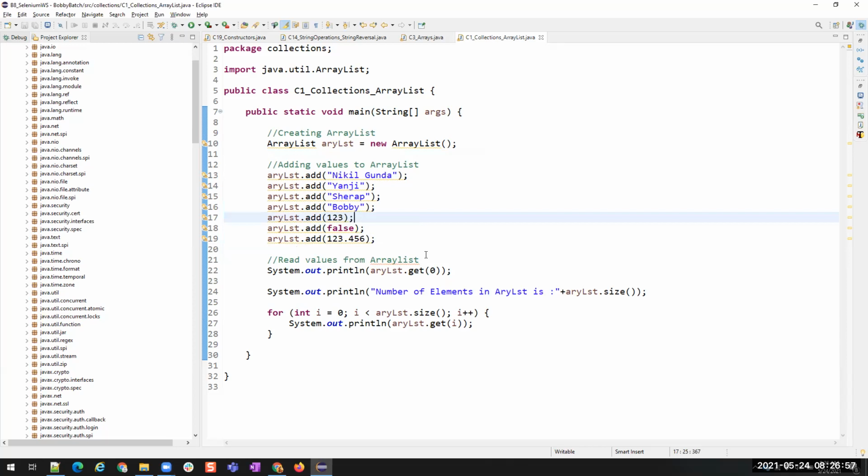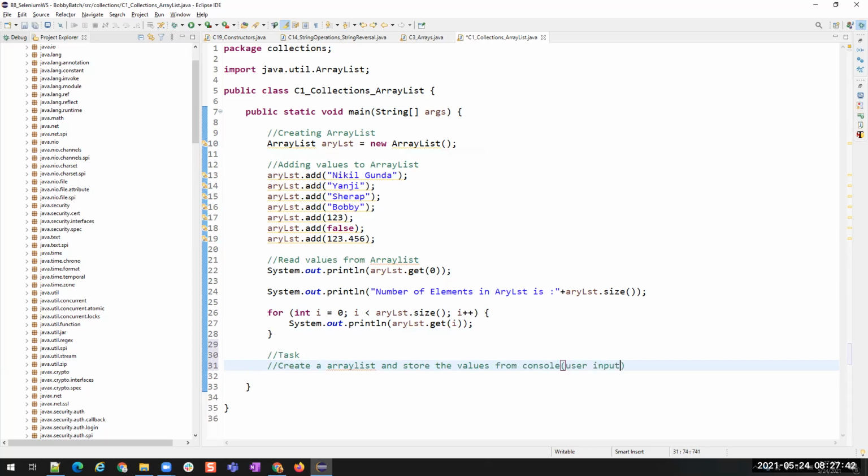Okay. So I'll add a task for you. Task is: create an array list and store the values from the console, that is user input.